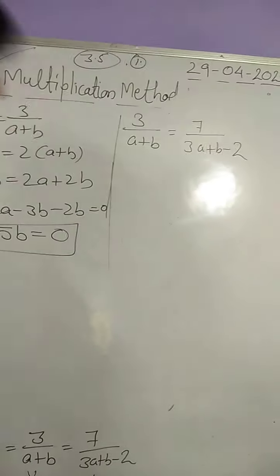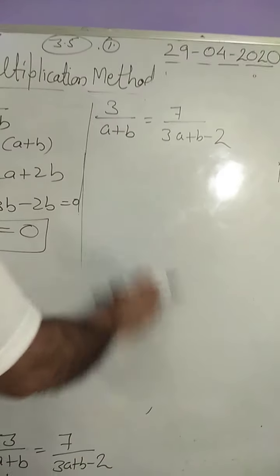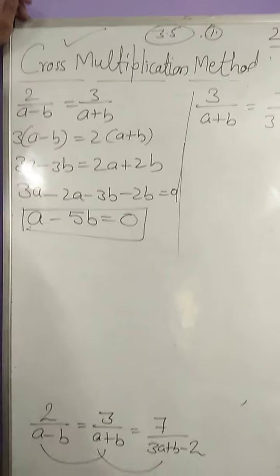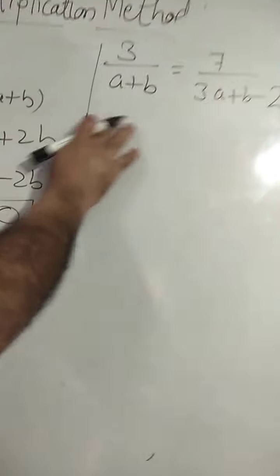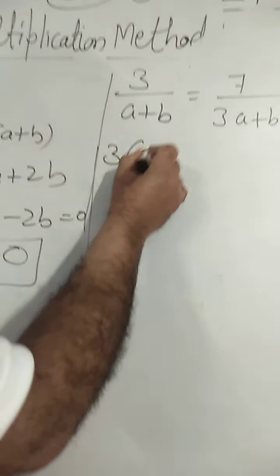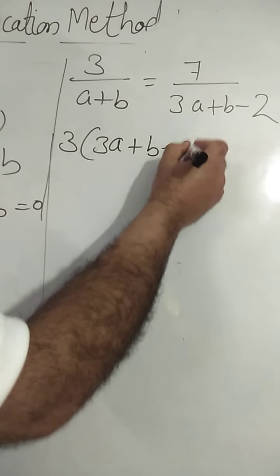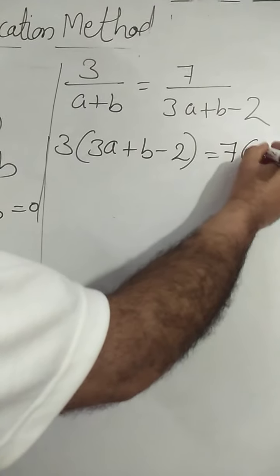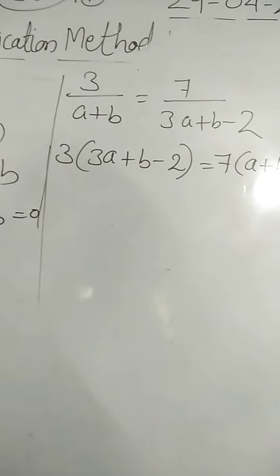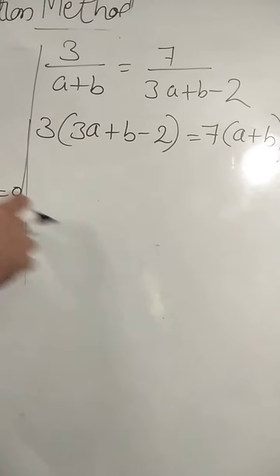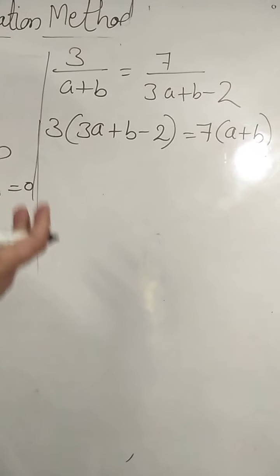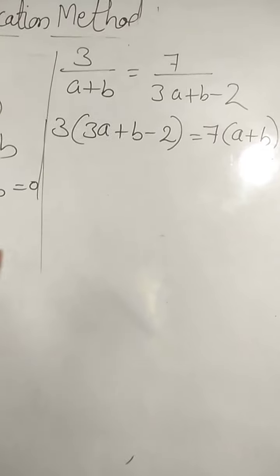Remember, to solve a pair of linear equations in two variables, we now have three methods: substitution method, elimination method, and cross multiplication method. So we can use any method. Here we are not told which method to use. The method which you are comfortable with, you can apply. Or some method is easier in a particular situation. In some cases substitution is better, in some cases elimination is better, in some cases cross multiplication is better.